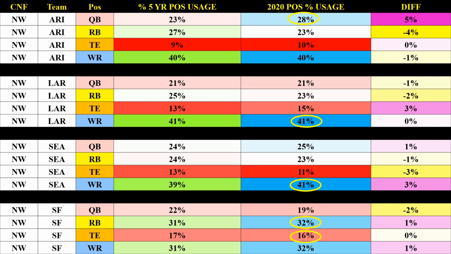The Rams, Woods, Cooper Kupp, passing. Stafford is now here. He's going to help them pass. RBs, I think they went down 2%. The tight end went up 3%. So I think there's a move still to do a lot of passing. And I'm not sure the RBs are going to move up any from 23%. So I expect